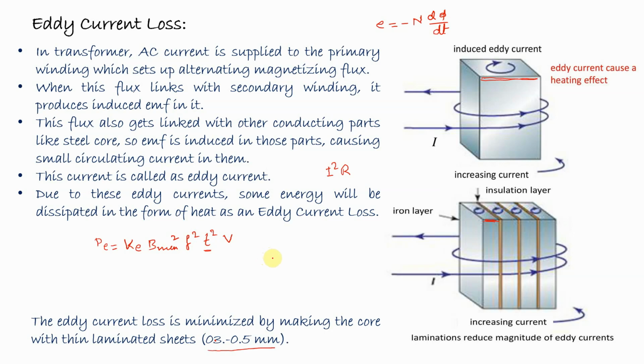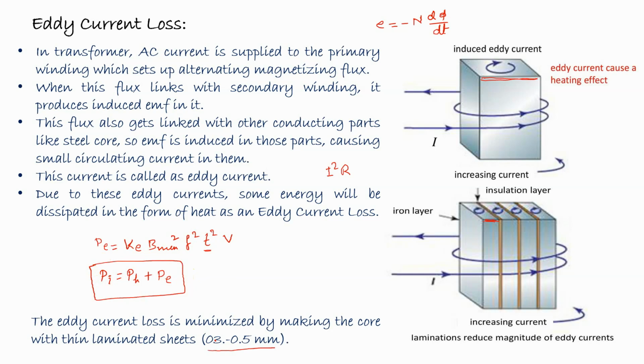So the hysteresis loss and eddy current loss, both losses are produced because of the changing flux, and this loss occurs in the core of the transformer. That is called the core loss. So the iron loss, which is represented by Pi, is the sum of hysteresis loss and the eddy current loss. And as this loss depends upon the voltage and the supply frequency, this loss is also considered a constant loss.